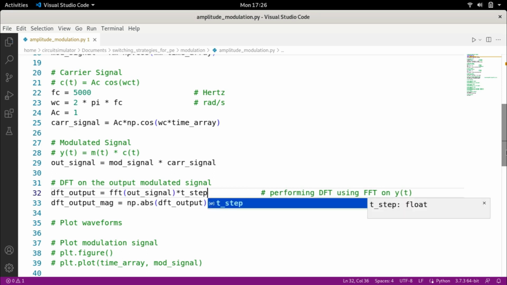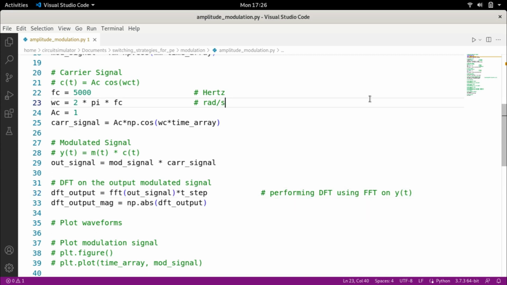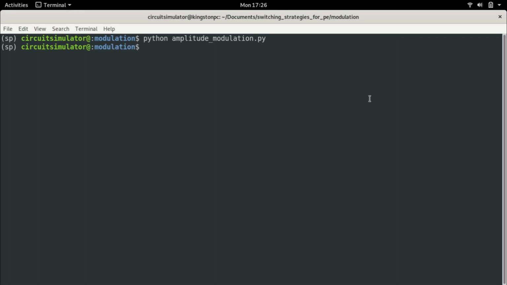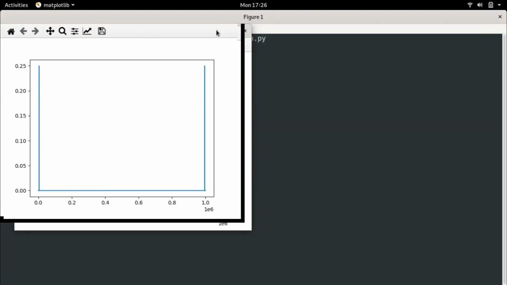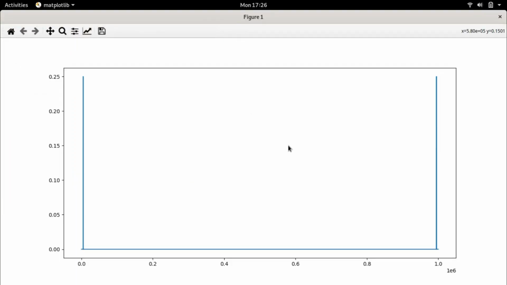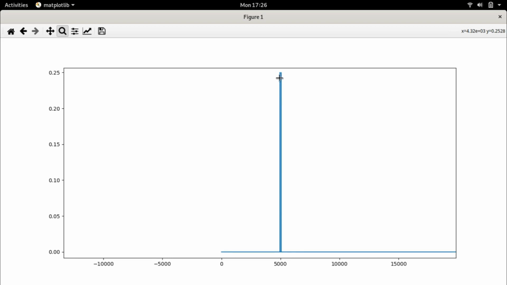Alright, let's go. Let me see, did I save the file? Yes, I did. Okay, let me go back to my command line. I'm going to clear the screen and I'm going to run the command again. Fantastic. Now we have a much better result, right? We have a much better result. Only thing is we still are having a little bit of a tough time figuring out what is going on, right? Now here, this shows